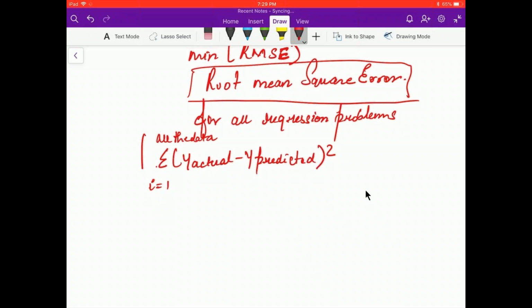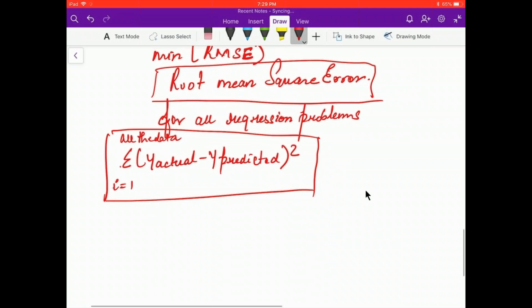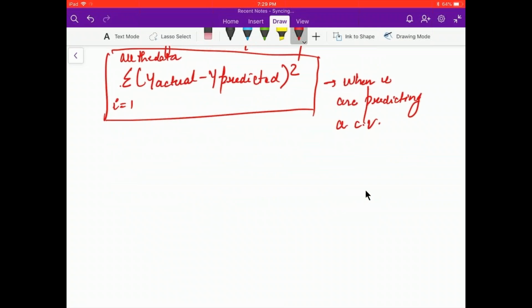Okay, so this is the regression. Any regression problem, meaning any time when you are predicting a continuous variable, this is the function that you have to keep in mind every time. No going around on this. Okay. Now